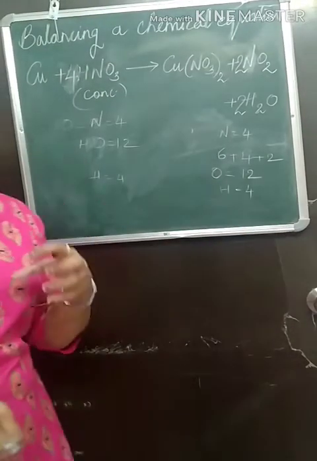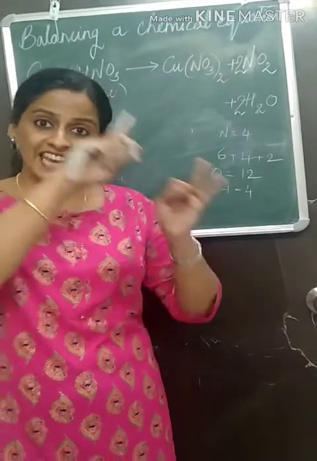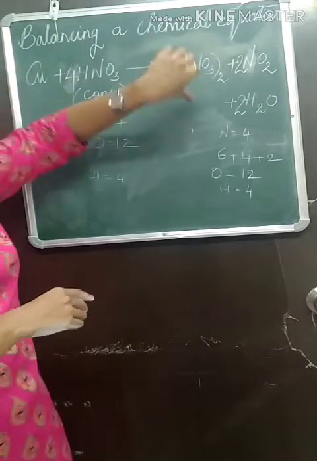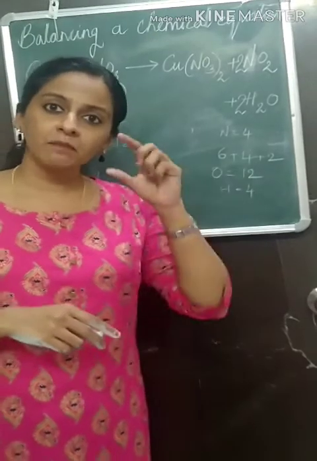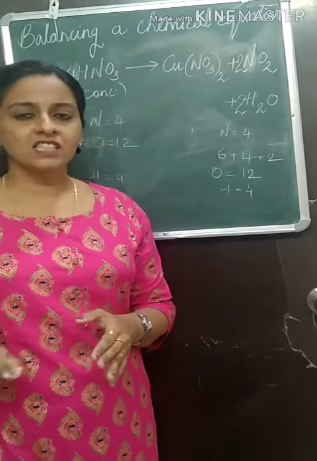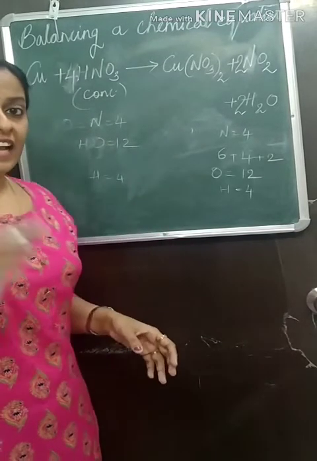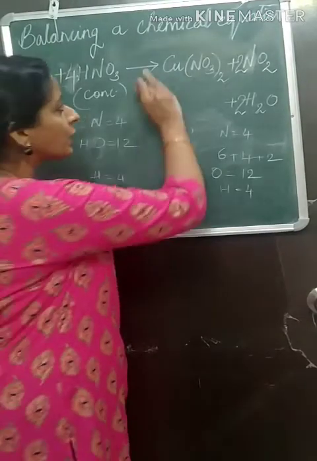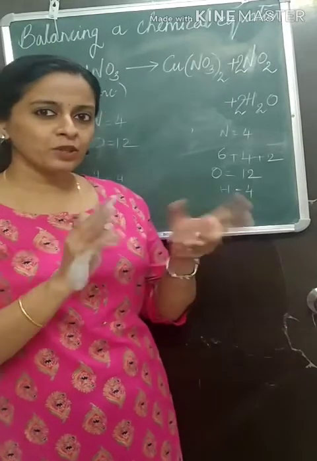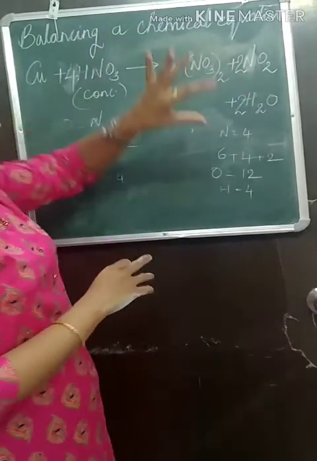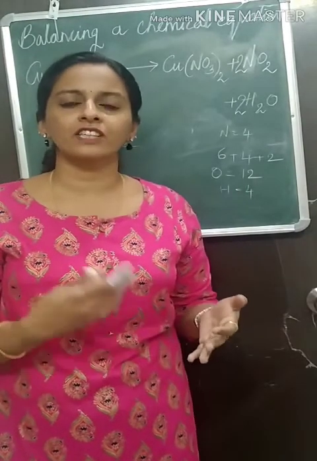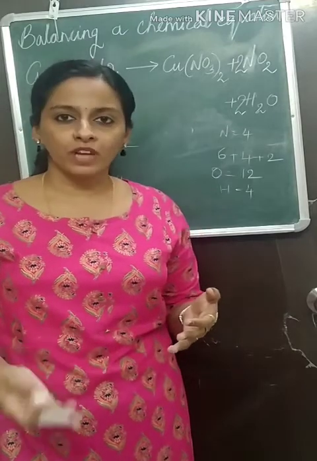So remember this step, metal, non-metal. Then again you check. Once you put a coefficient, again you have to check that metals and non-metals are proper or not. After balancing metal and non-metal, you have to come to oxygen and at the last you will come to hydrogen. And I gave you one suggestion, don't try to disturb a complex formula compound. Try to gamble with the smaller ones. Okay, so this is a trial and error method. The more you practice such chemical reactions, you will be able to crack it easily.